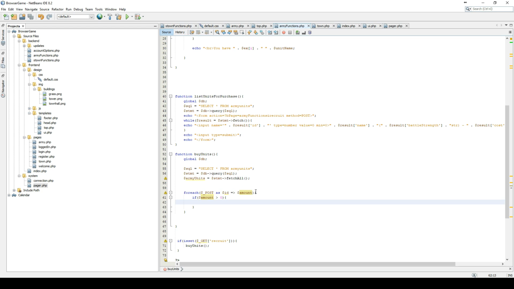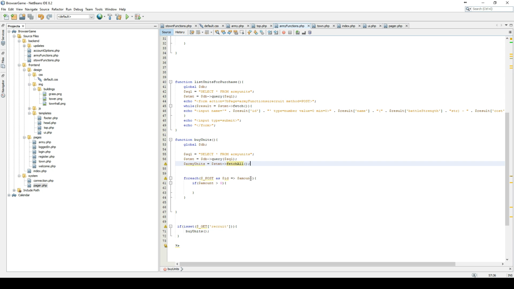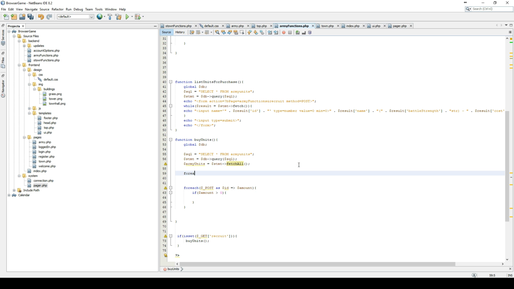Hang on, I'm thinking if there is a good way to do this. And there might just be. I think this is going to be the best way where we need not so many queries. There's probably a much better way to do this, as I've said quite a few times, but let's just do